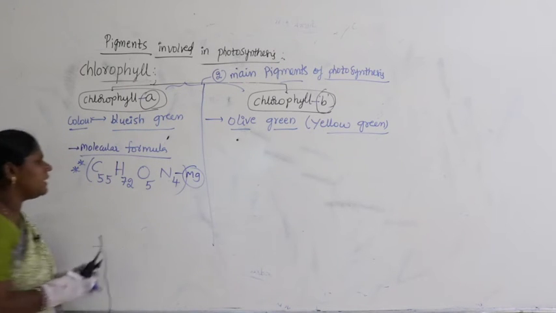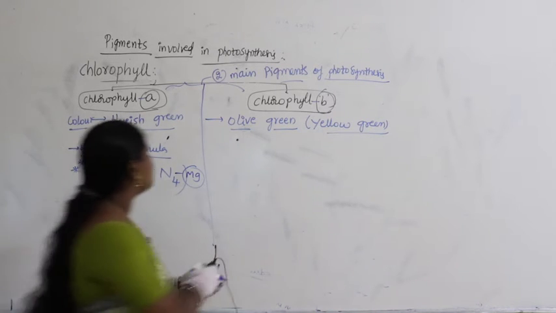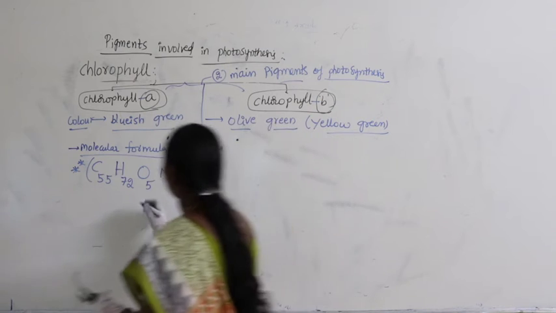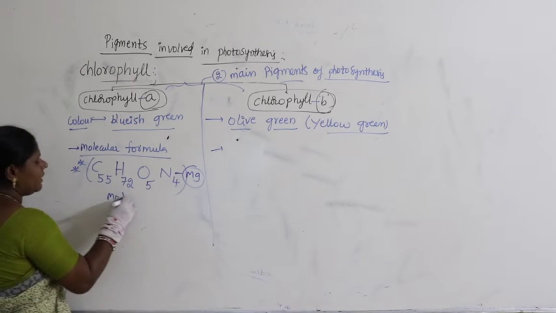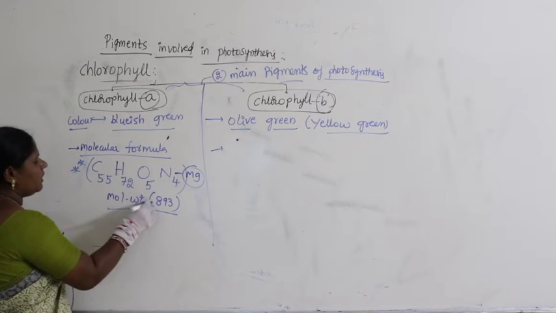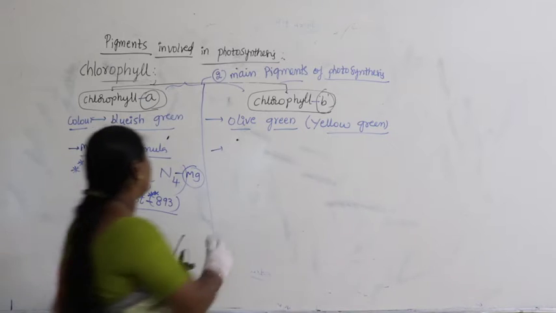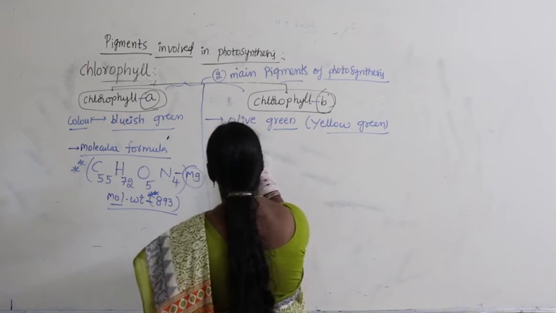Magnesium, of course. It's been connected with magnesium. Approximately, the molecular weight is 893 Daltons. Coming to chlorophyll B, if you take the molecular formula,